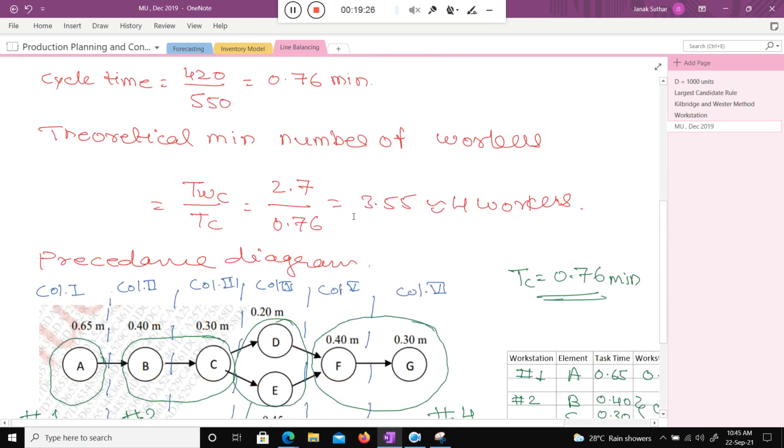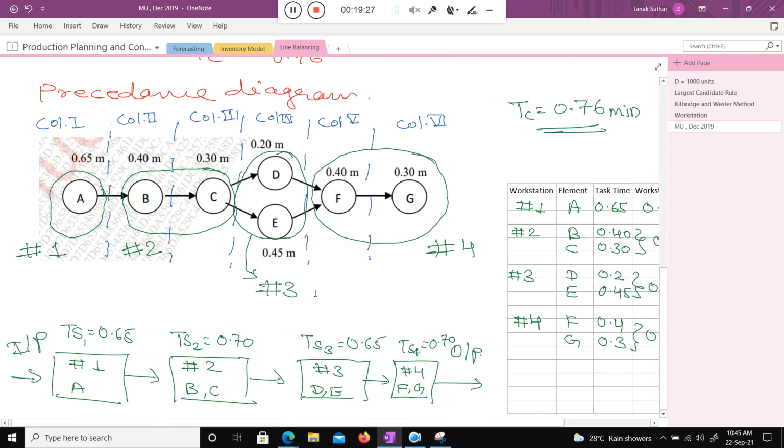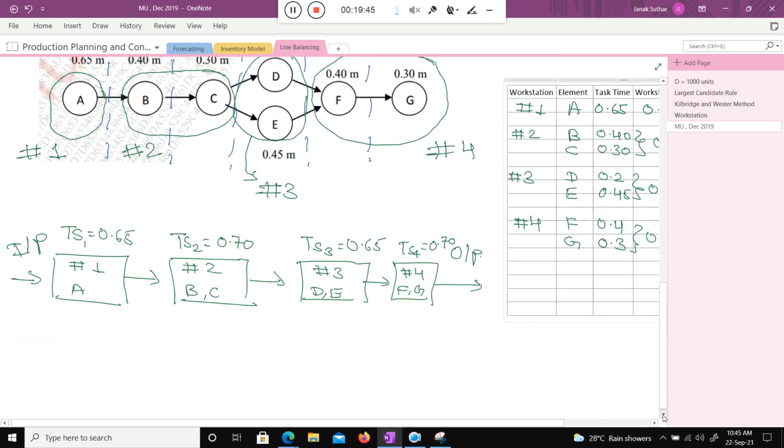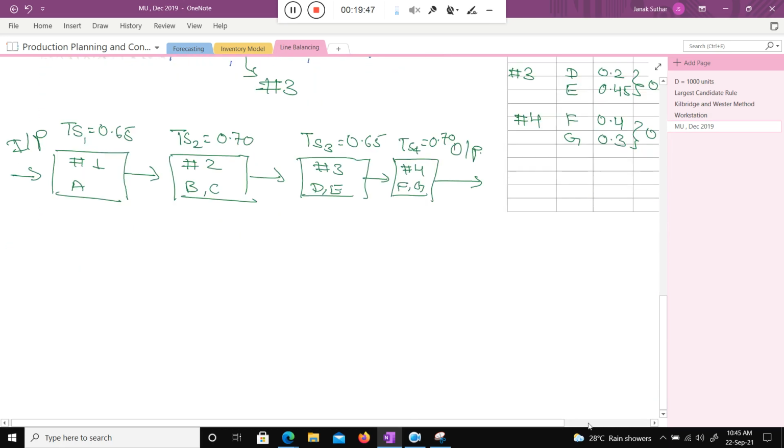That is the requirement. But after allocating everything, what is the cycle time of my workstations? It is 0.7, because every 0.7 I will get the final product. Are you getting my point, class?